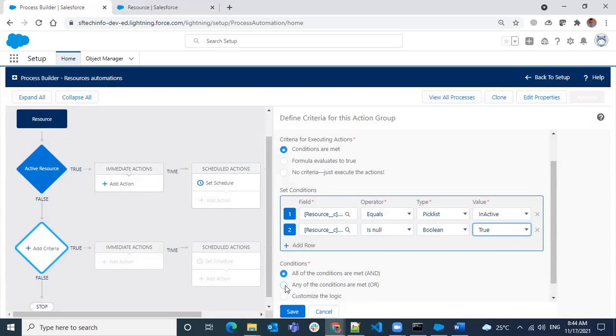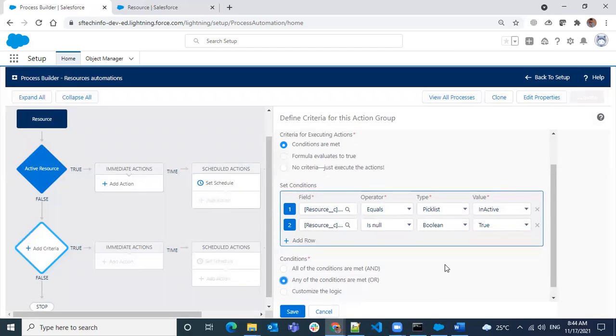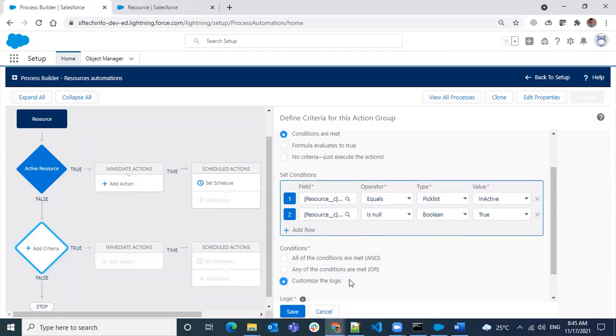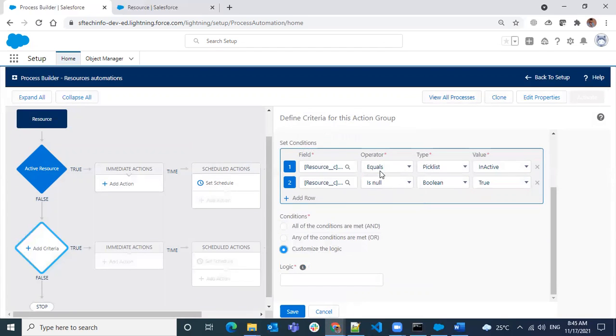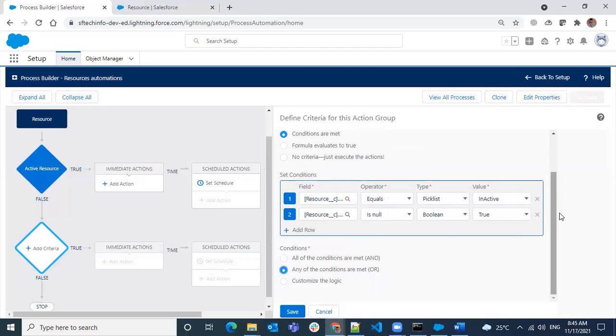So what I have to change here is, instead of all conditions, I want to give OR conditions. And if you have multiple conditions, you can use logic like 1 and 2 or 3 and 4. You can write this kind of logic as well, but I have only two, so I'm just going to use an OR logic.